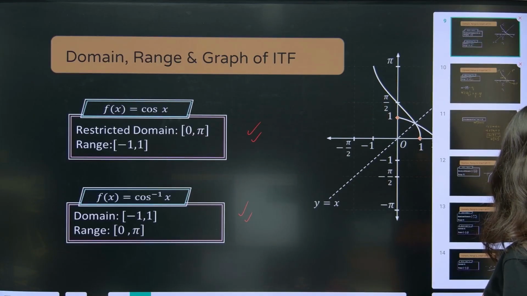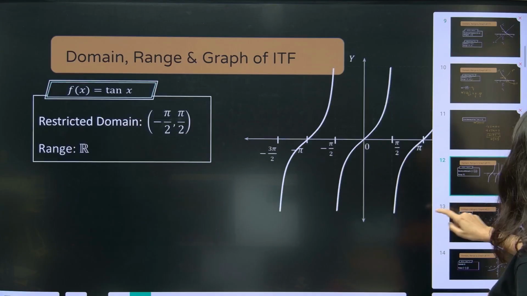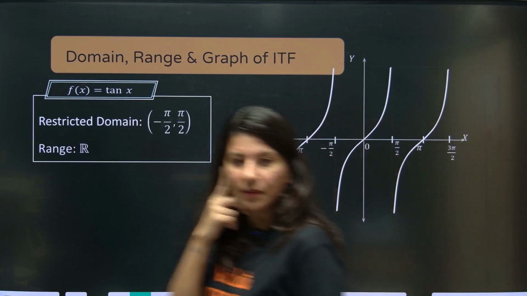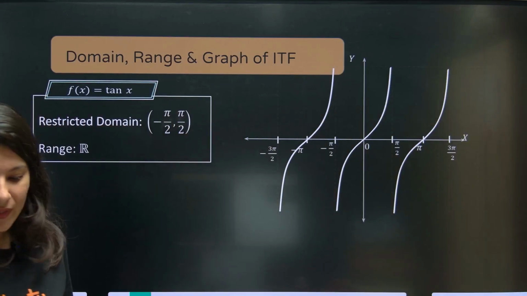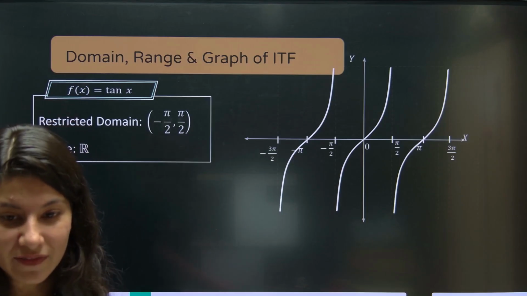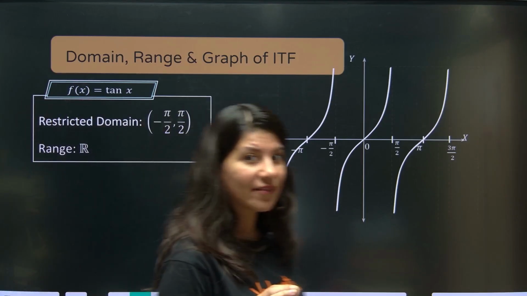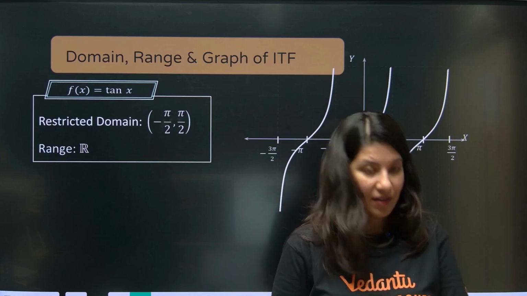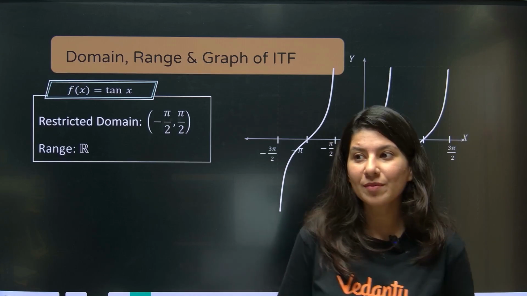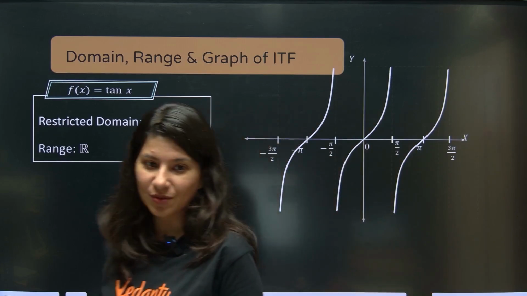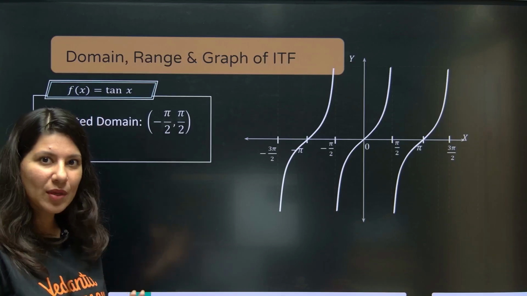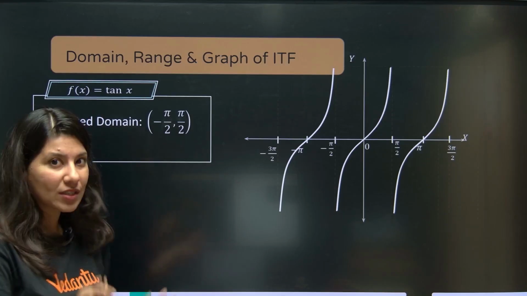Now we have the graph of tan inverse x. Don't worry, you might be feeling there are so many graphs at once. I will tell you the hack to remember all the graphs in the end, to remember all the domains and all the ranges. Just try to understand what is happening one by one, then we'll connect the dots.